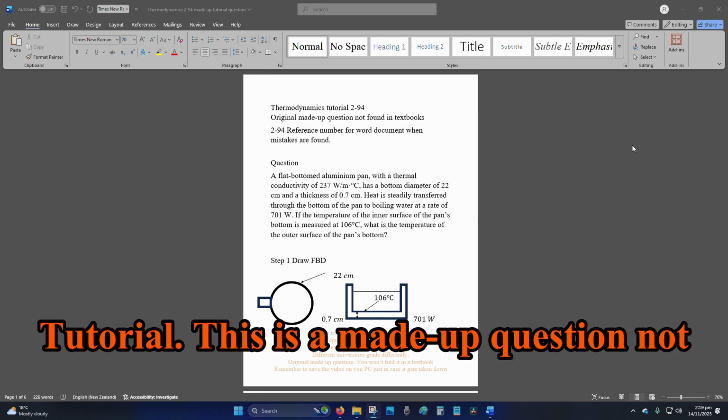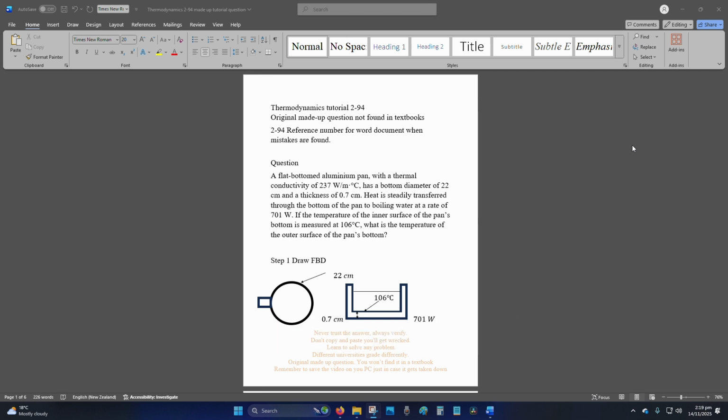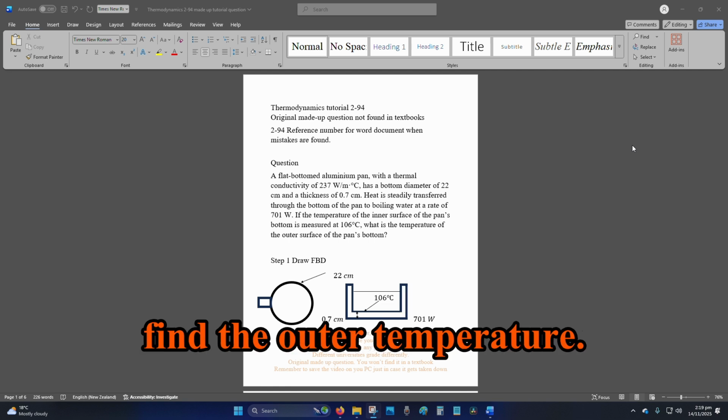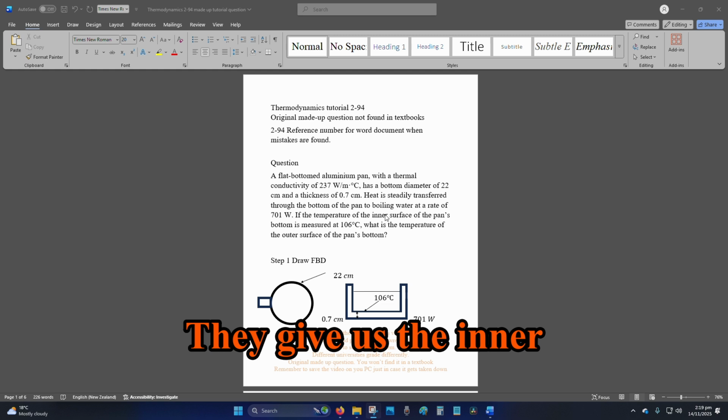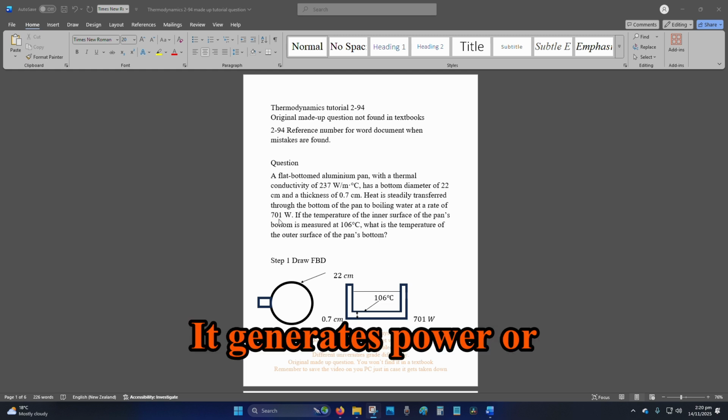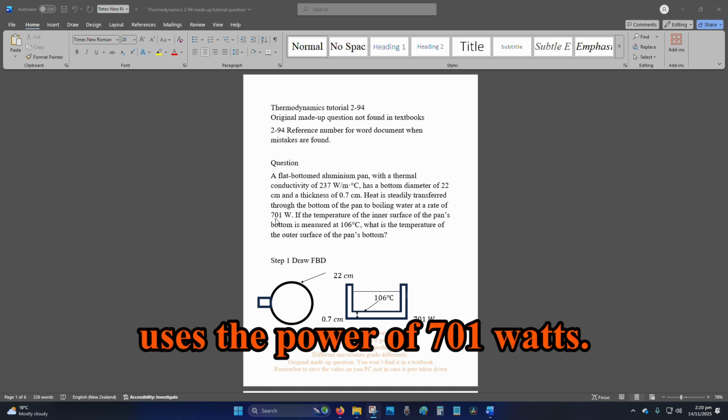This is a made-up question not found in your textbooks. We've got this aluminium pan. We want to find the outer temperature. They give us the inner temperature, 106 degrees Celsius. It generates power, or uses the power of 701 watts